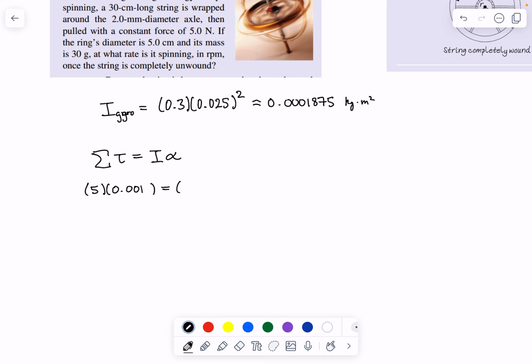Okay, we have the rotational inertia. That's 0.0001875 times alpha, right? So let's go ahead and find that rotational acceleration, because we can. You know what? Let me go ahead and just put all this into my calculator. 5 times 0.001 divided by my last answer,